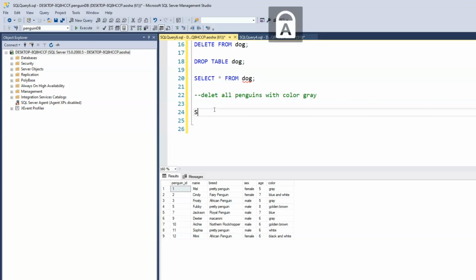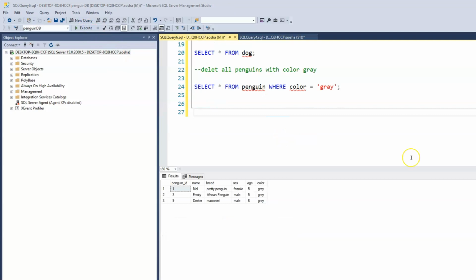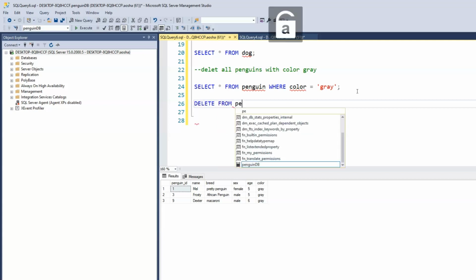As usual, first we select all from penguin where color equals gray. So Mel, Frosty, and Dexter are all gray colored penguins. To delete, we'll delete from penguin